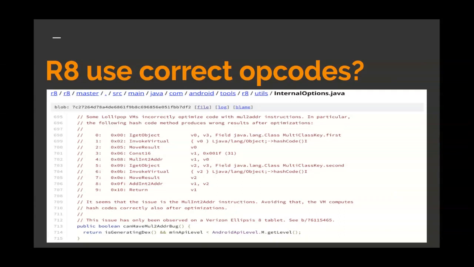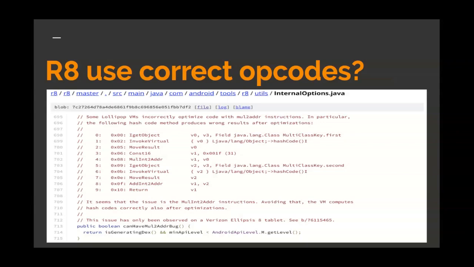So you don't know what the device manufacturer has changed in their AOSP, an open source project, and how those projects will behave on the mobile. One of the biggest improvements R8 brings is the optimization of our DEX code by leaving only the opcodes needed to support certain devices or API levels in your application.